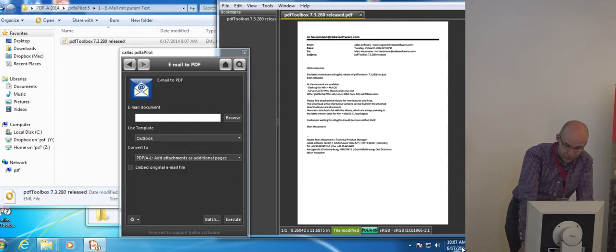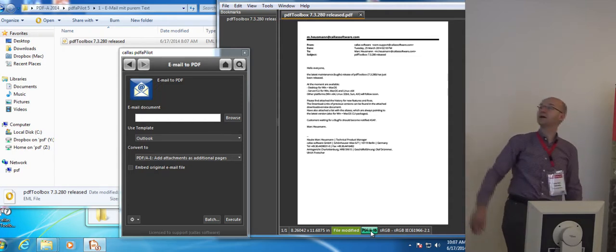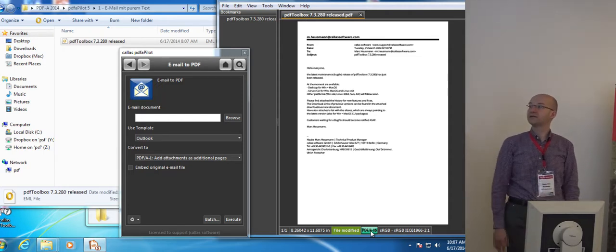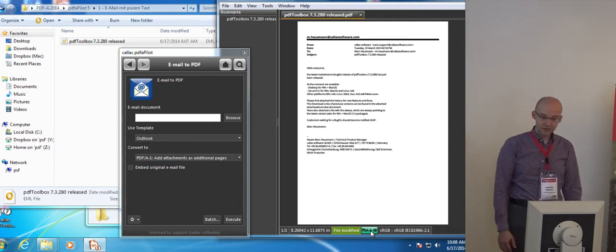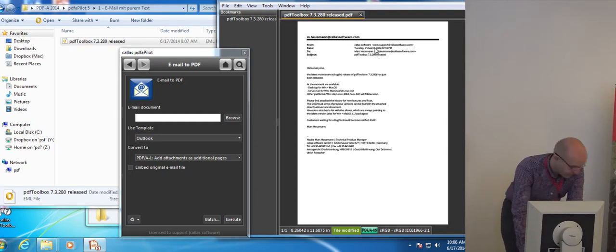And is this a normal PDF now or already PDFA? This is already a PDFA 1B file. Oh, okay. It's converted. You see it here down. We have the marker there that it's converted on the fly directly to PDFA 1B. So it's just a simple text email with some content. Do you preserve the header information, like the hops and so on? I can show you this also.